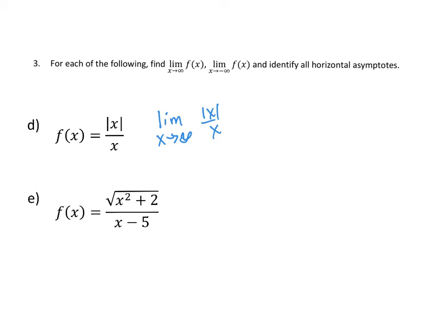So the absolute value of x behaves one way when x is greater than 0. So when x is greater than 0, the absolute value of x is actually just x. So this expression becomes x over x, which is a 1. But when x is less than 0,